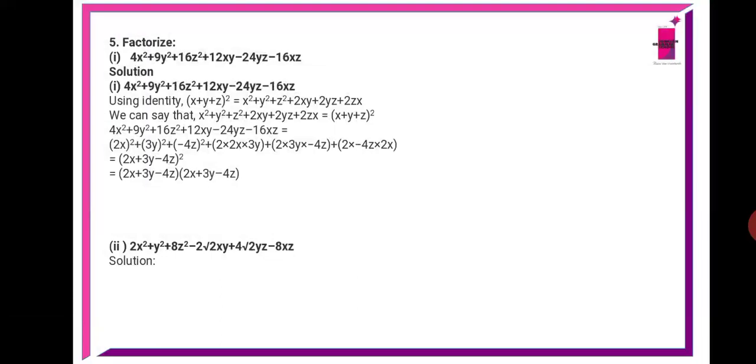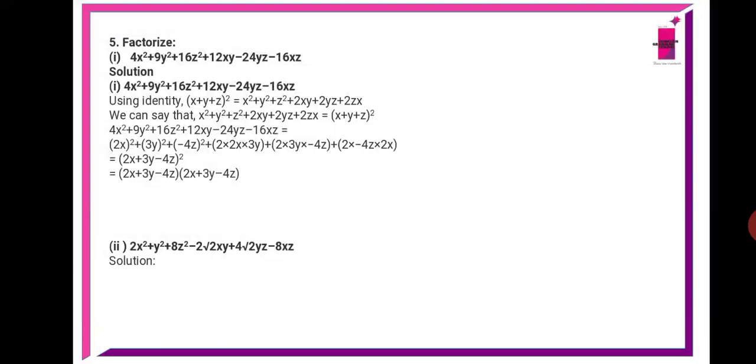It is factorization. Factorization means again you are going to convert into factors. The previous example we had expansion, here is factorization, same identity, x plus y plus z whole square. So we are making whatever is given into the form of the RHS of x plus y plus z whole square. That is in the form of x square plus y square plus z square plus 2xy plus 2yz plus 2zx.